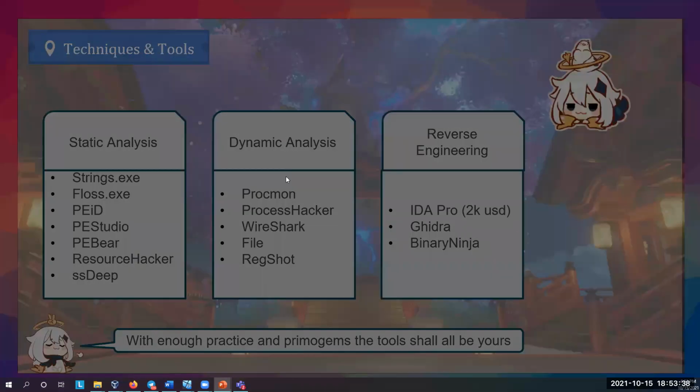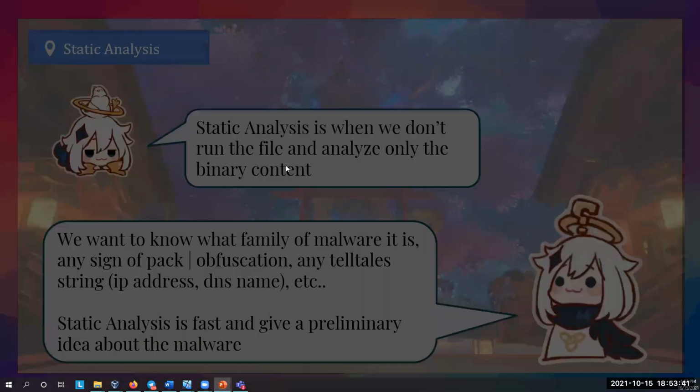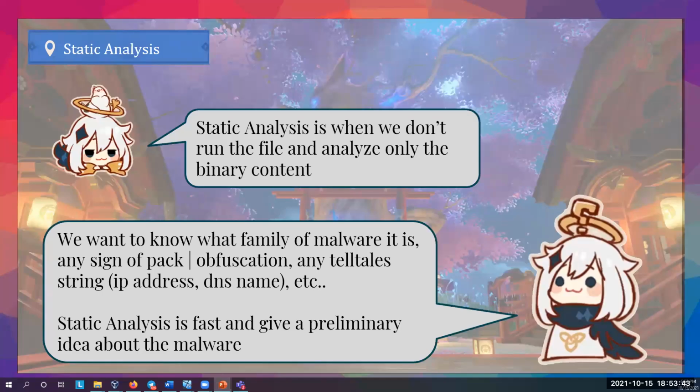So let's get straight into static analysis first. I'll be covering the theory a bit for all three techniques before jumping into the demo. So in order for everyone to appreciate the process better: static analysis is, let's say you have a file, you don't actually run the file, but you just read off the binary content. This will allow us to know roughly, not entirely, what the family of the malware is, any sign of obfuscation, or basically the malware trying to hide itself, any random string